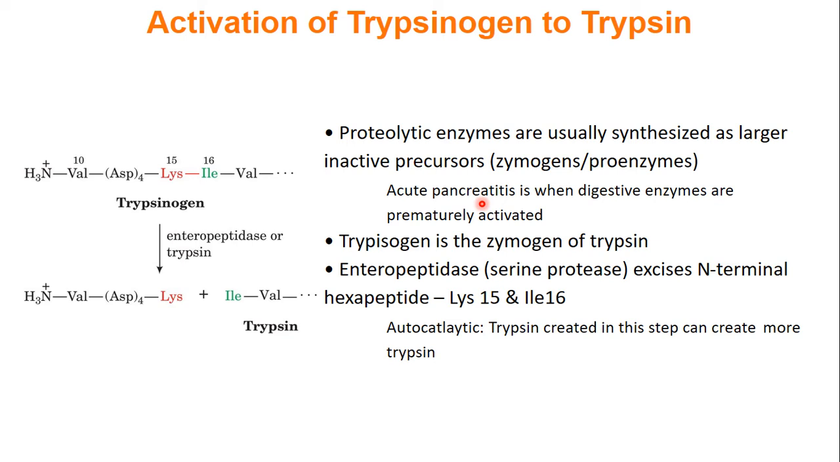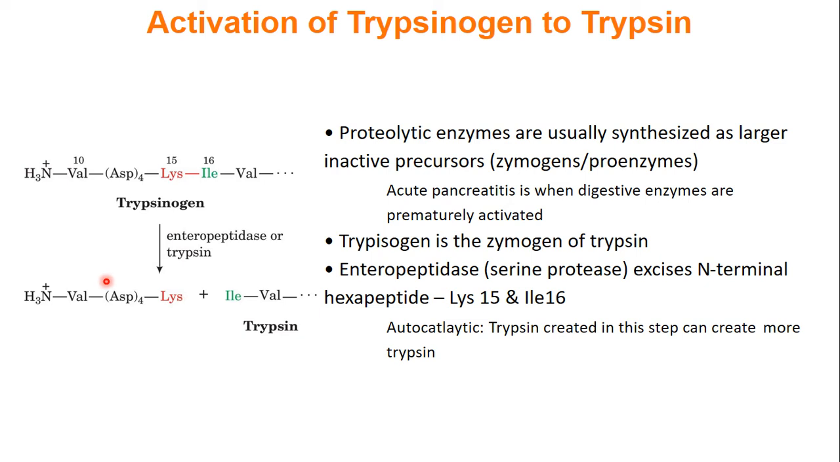So you don't want that to happen. So our zymogen of trypsin is trypsinogen. And trypsinogen is inactive, and the way to activate it is that you have to cut between lysine and isoleucine 15 and 16. The protein that does it is another serine protease, enteropeptidase. This will cut this, and you'll actually cut eventually 6 amino acids from our